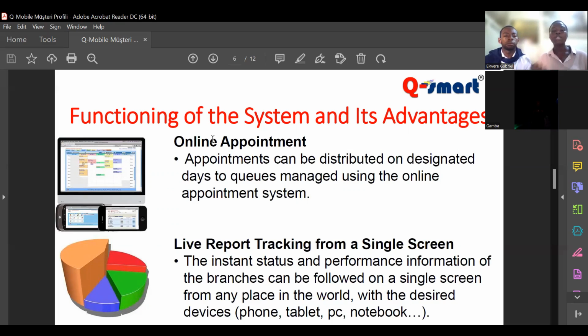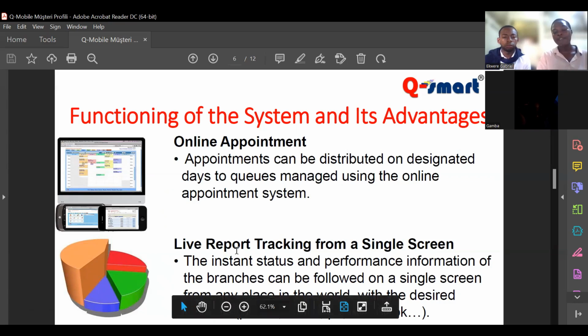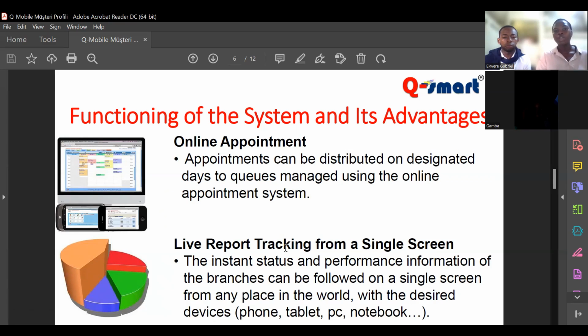You don't have to join the queue from number 35 or number 5 if you actually booked way back. And on the screen, this is what the back end would see. You get to see what the appointment booking is like. So this is not only to manage your queue for the day, it also helps you organize your schedule for the next couple of weeks or months, whatever setting you desire. And also there is live reporting tracking from one screen. So you get to see